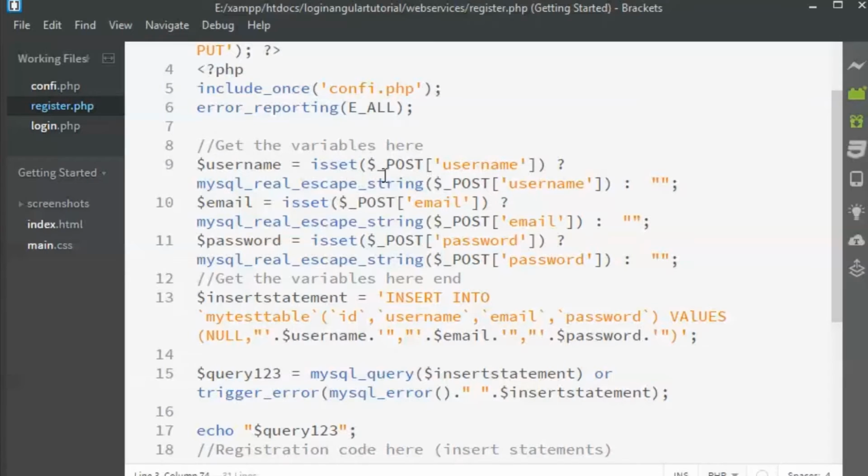So you see that we are using the $_POST method to get the username, email address and the password. Okay, I'm using the registration form for this example. So here we are just fetching the variables. We have just put a condition that in case the variable is not set, we are just setting the value to blank. Okay, so there's nothing to be confused. You can even use $_POST and a variable name. It is simple to fetch the variable.